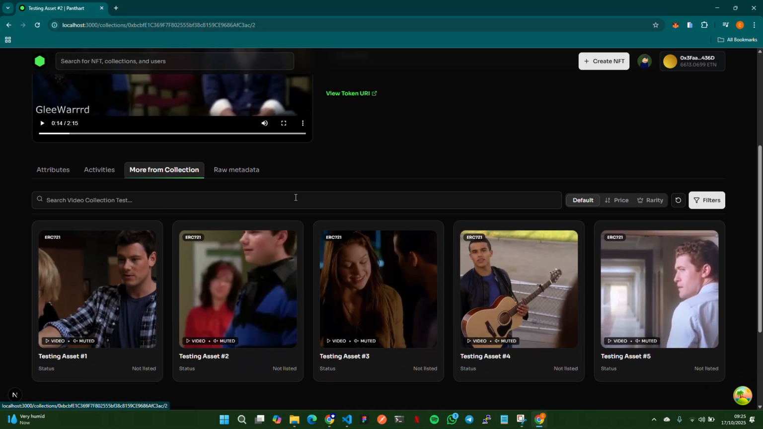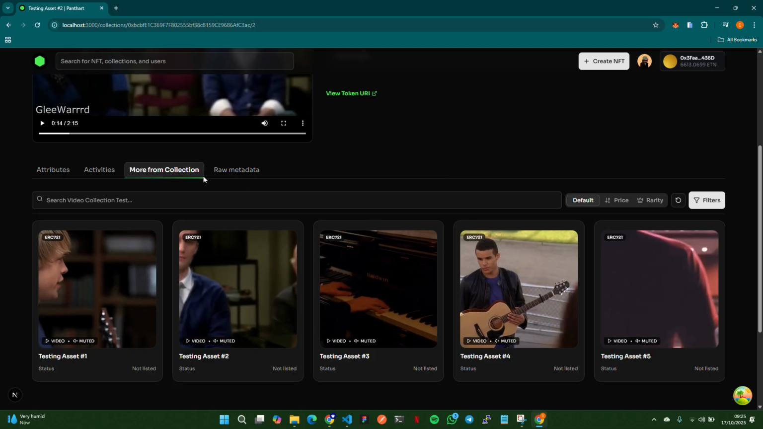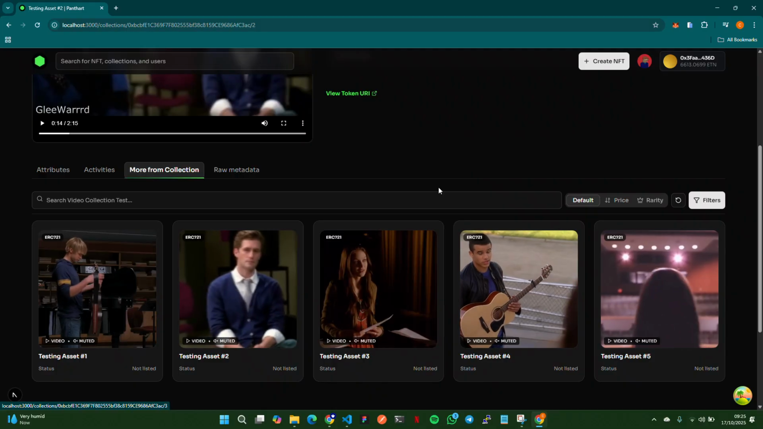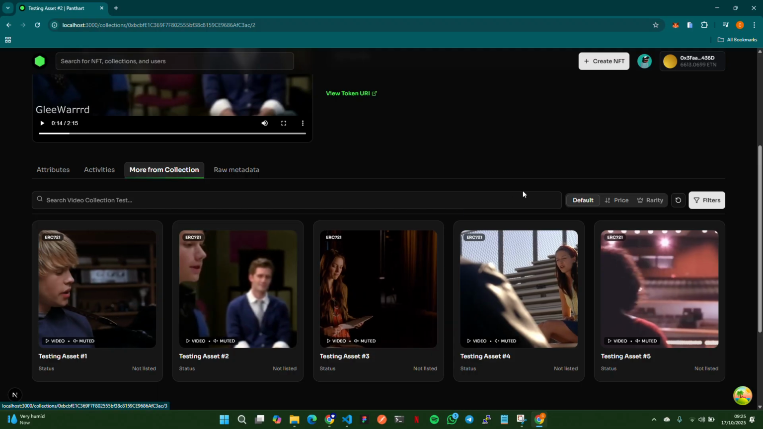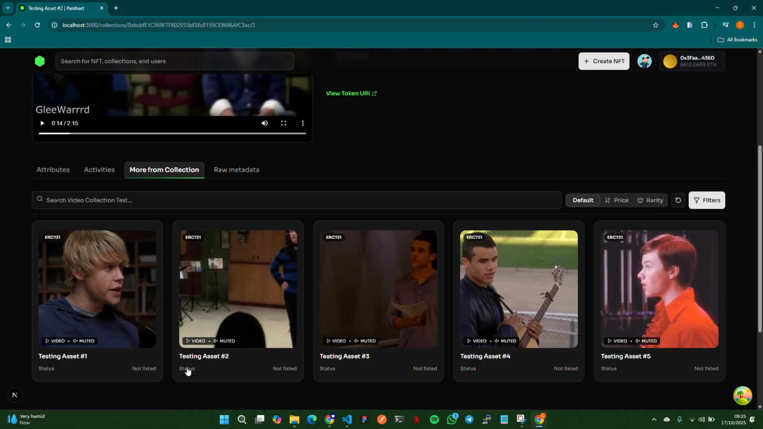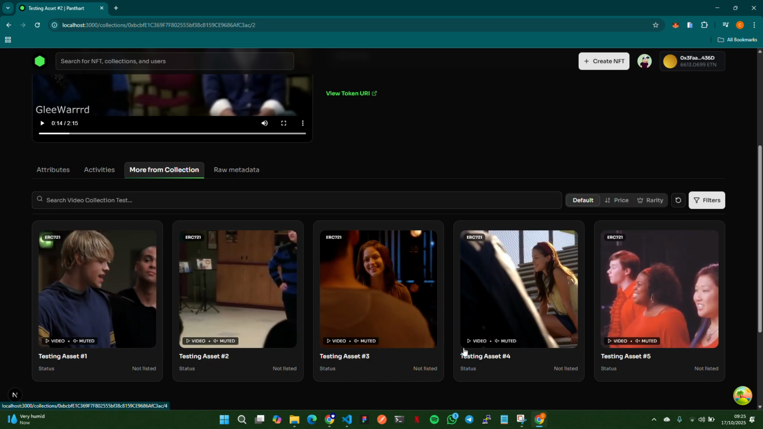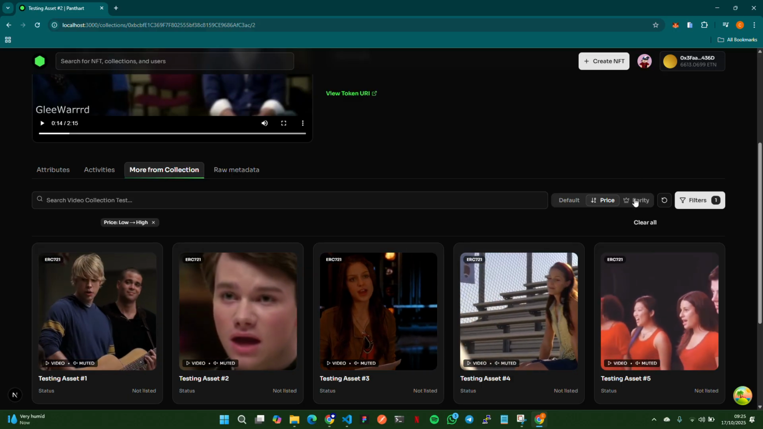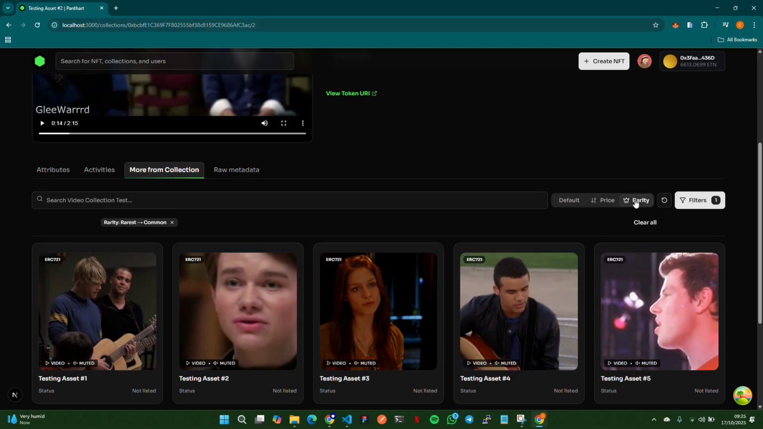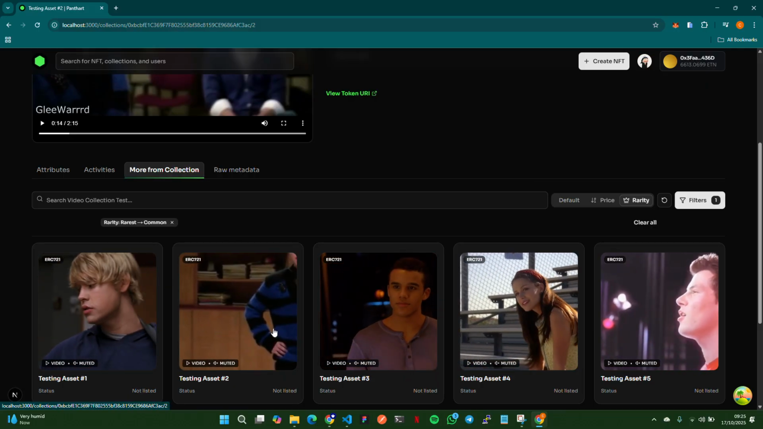On the collection view, like I told you, I show this "more from collection". So this is more like a part collection view. Like I told you, you can filter. This is the default view, which just lists everything accordingly: one, two, three, four, five. You can filter by price if anyone is listed, but none is listed, so it's still the same. You can filter by rarity, and then this arranges in order of the